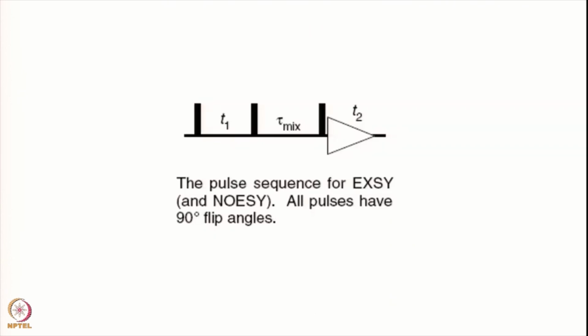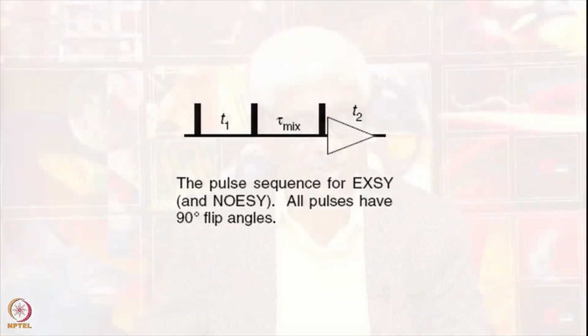okay. Now this brings us to another important experiment, and that is called the NOESY. We will only make a small introduction to this, we will take it up in greater detail in the next class. This is again an extremely important pulse sequence and extremely useful for determination of the structures of molecules, macromolecules, proteins, nucleic acids. This experiment is also called EXSY, that means exchange spectroscopy, or it is also called NOESY, NOE correlated spectroscopy, and here you have completely different